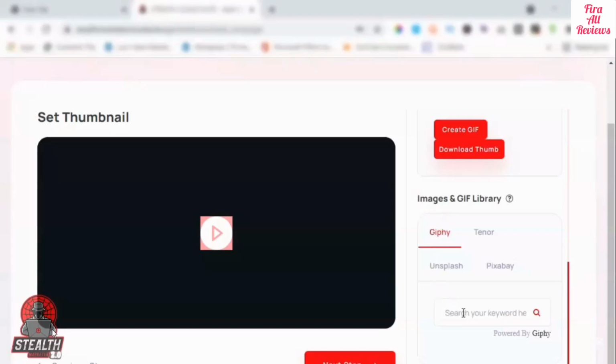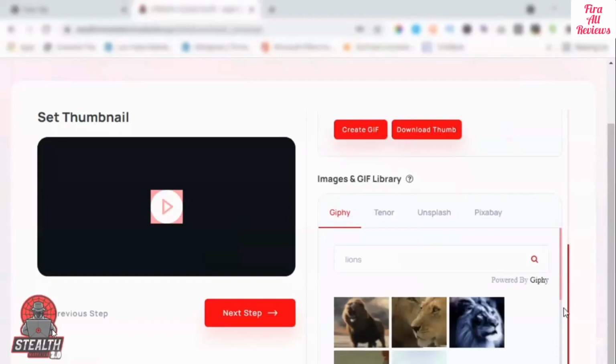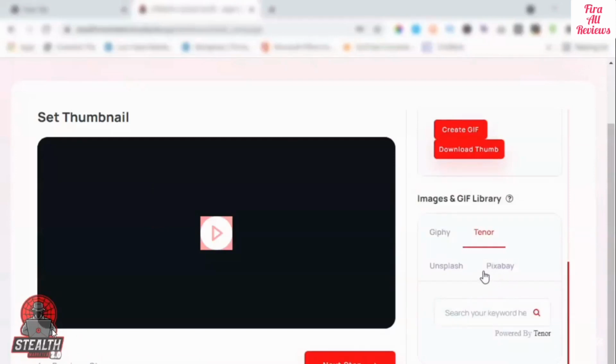They're optional. Say if I want to look for lions, the software will go ahead and search for some images of lions or anything I want. And you got these other accounts you can search up other images and stuff like that, like Pixabay and everything. Similar, you can set your campaign logos, drag and drop them right here,